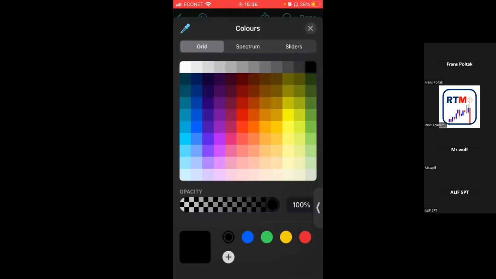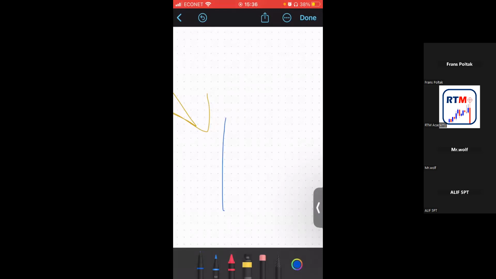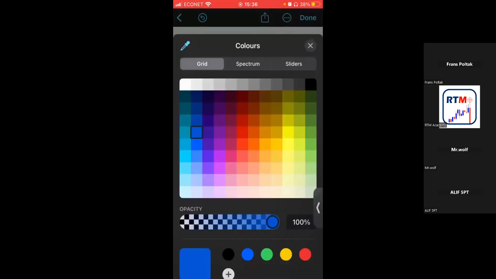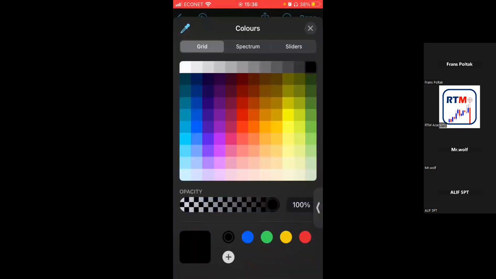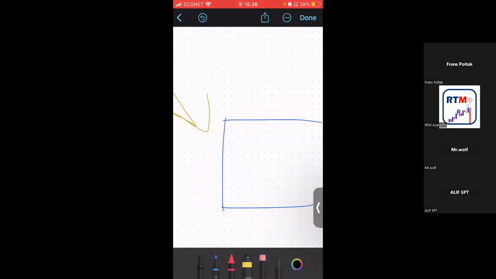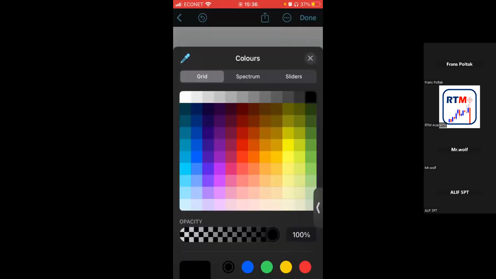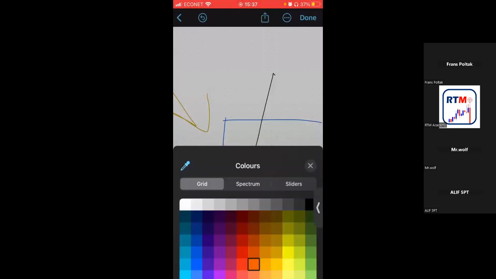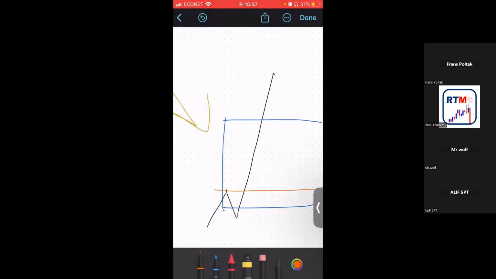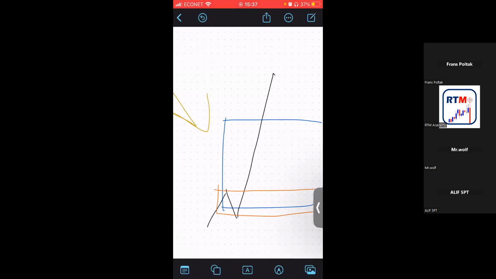Let's use the blue one just to avoid confusion. So it's just the previous zone, and this is the price. So this is the price going up like that. So this is the DP, because this is where price made a decision to enter into the previous